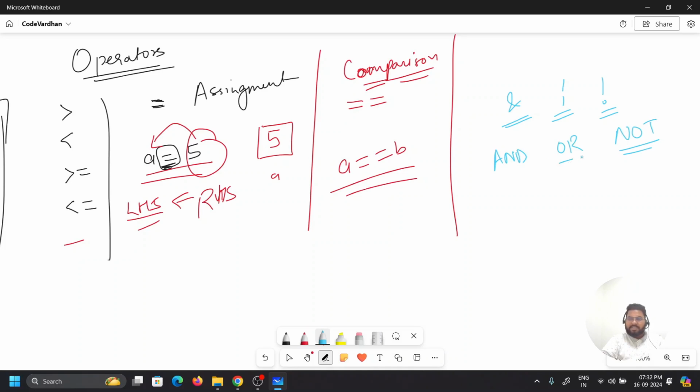They perform the logical operations of and, or, and not. In the case of and, we see whether both the conditions are true or not. In the case of or, we see whether either of the conditions is true. Not just does the opposite. These are the different varieties of operators we have.